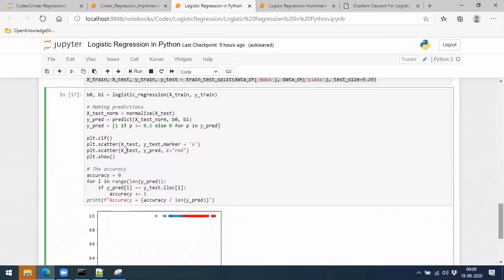Okay, so let me take this and plot it here. We don't need all that, we can directly have maybe the prediction part.